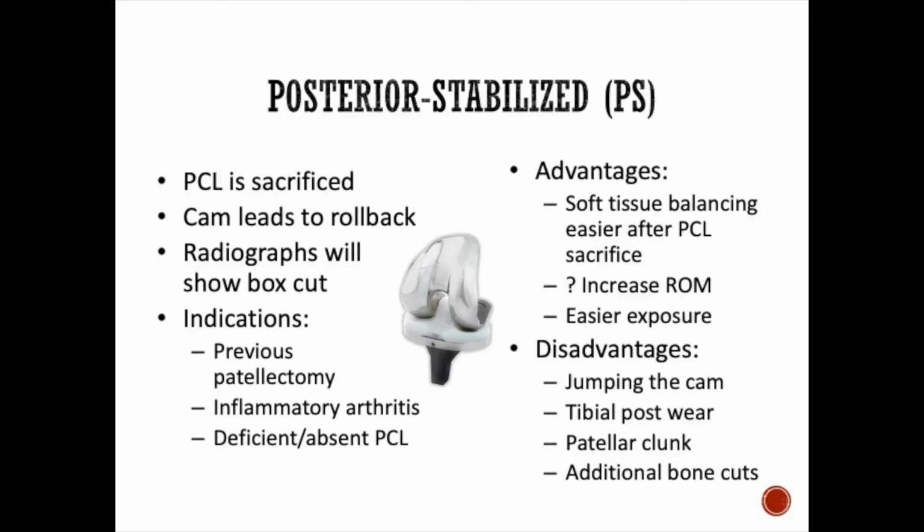for the patient. So posterior stabilized now does sacrifice the PCL. Because the PCL does lead to flexion stability, you now have flexion instability when you cut this. So you do have to compensate for that by changing how much femur that you do cut, and now you introduce that cam post mechanism. This again allows for the rollback, but does allow for a new mechanism of failure of the knee, which is jumping the cam. So basically, in deep flexion, the cam can actually jump over the post and essentially dislocate the